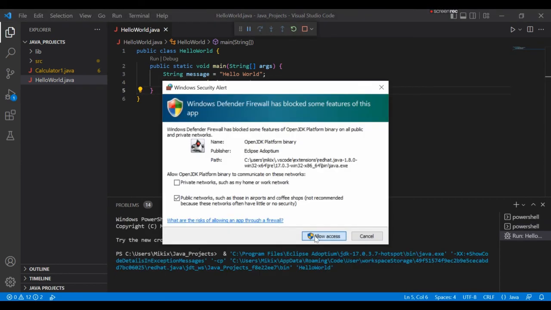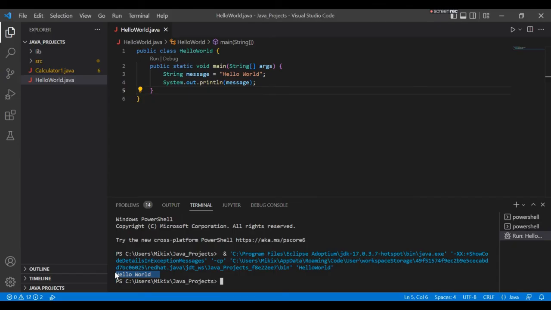Oh wait. A few moments later. Alright, I'm back and you see that we ran our program and it printed hello world,